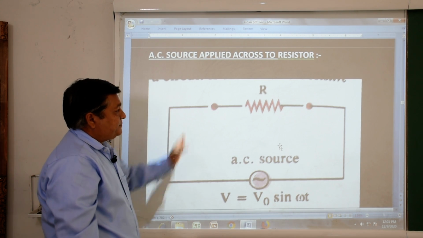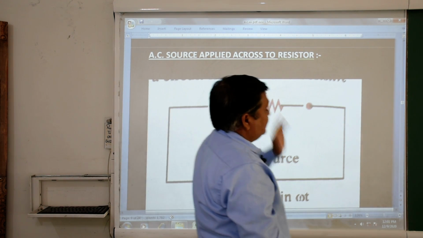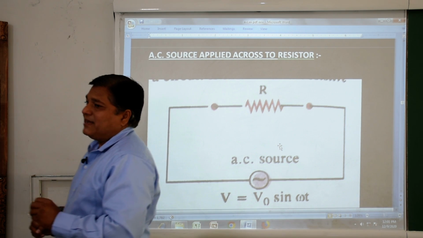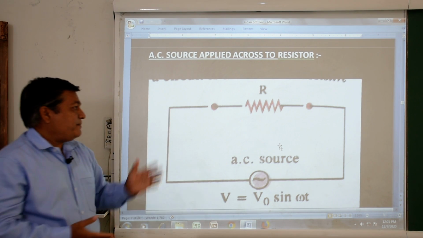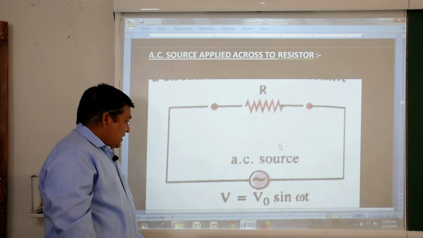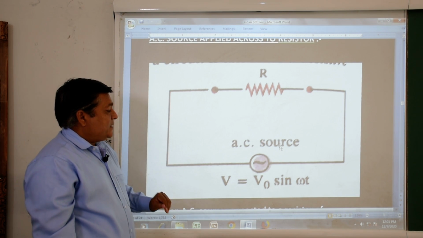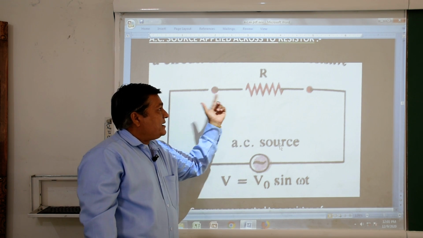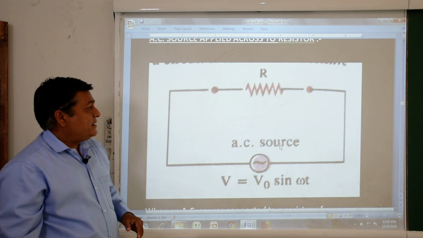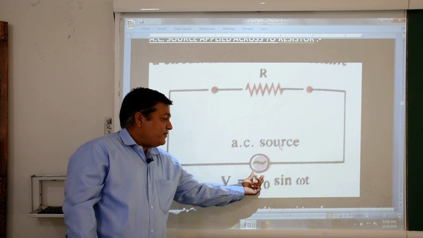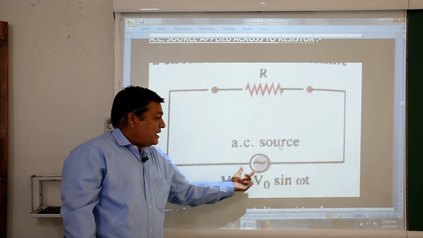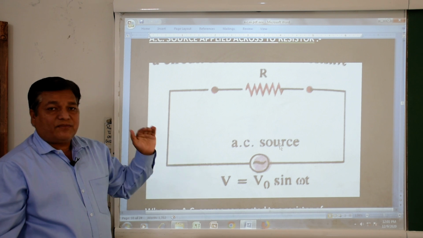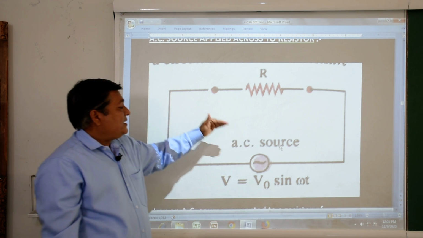Now, here, when a single component of an electrical circuit, let us consider a resistor R, is attached with an alternating AC supply. Suppose this is the circuit diagram of it. When the alternating source is connected and only the resistor is connected at two terminals, the potential will develop here. The applied voltage is considered to be V is equal to V naught sin omega t in case of a resistor. Only the resistor is connected with the alternating source.